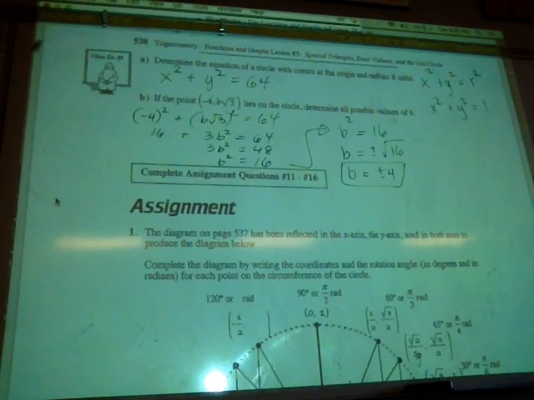I would recommend, guys, for your unit test, before you even look at any of the questions, maybe you have a scrap piece of paper, but you draw out your 3 special triangles, and if you really feel like you'll have enough time, draw out your unit circle. Okay? Personally, I think drawing out a unit circle